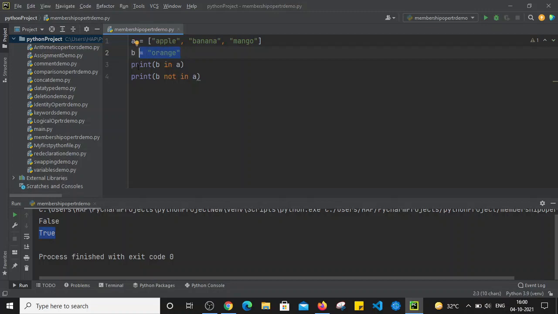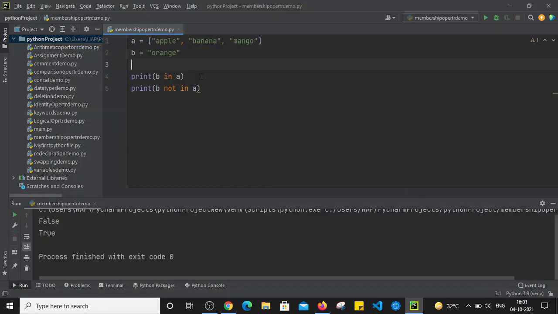Now when I use this statement, print B in A, what this statement will do is see whether the value of B, that is orange, is present in A or not. Is orange present in A? No, right? So this statement will return false, whereas this statement will return true because orange is not present in A. So let's run this file.